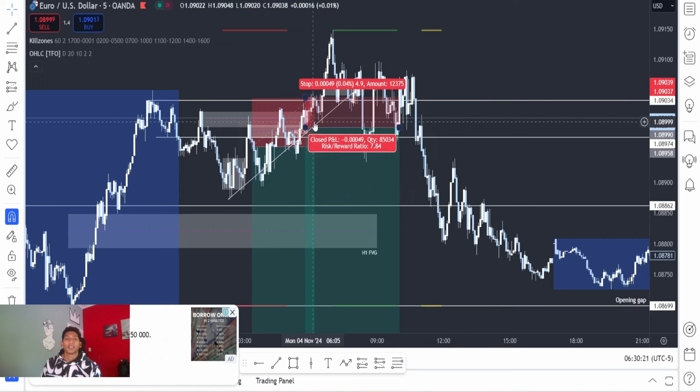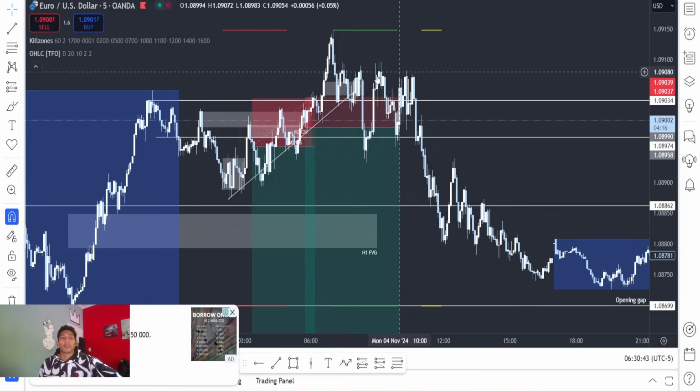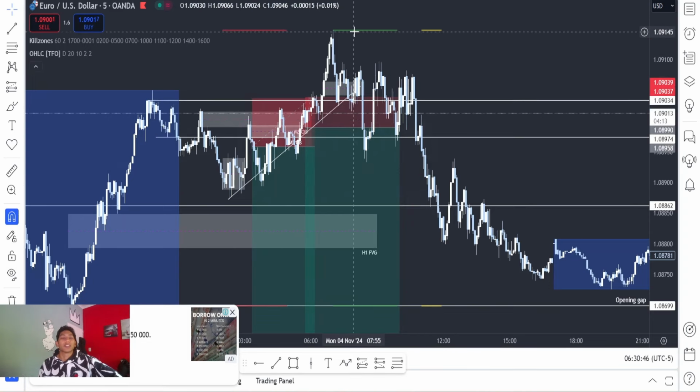Anyway, entered basically 1 lot on a sell, and as price started moving higher, I did what every degenerate trader does. I removed my stop loss, and I'm like, please just go down. You know, I was staring at my screen like this, waiting, watching every single candle. But you know what? Price moved higher, and right here I was down overall for the day $191, which is crazy considering I should be risking 0.3%.